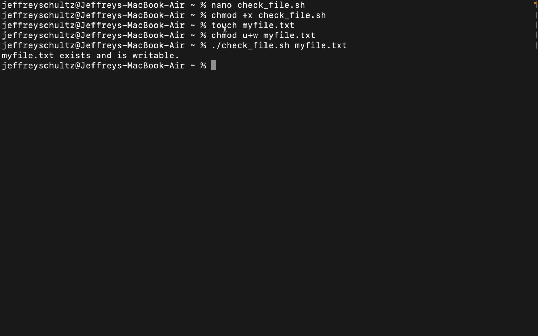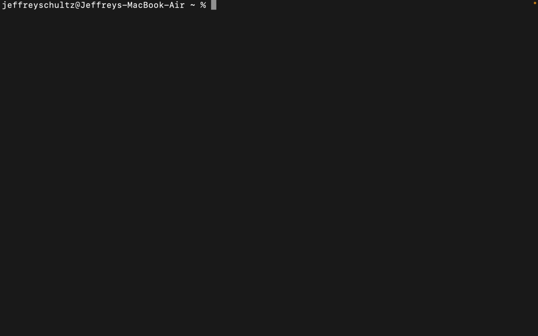And otherwise, if you do remember to do this, sometimes people just add the wrong permissions. This one's really important because this is going to add it for the user, and it's going to add their write permission. So as you see, it exists because we created it, and it is writable because we added the appropriate permission for the user, which is the u. So let's clear this and go on to the next task,